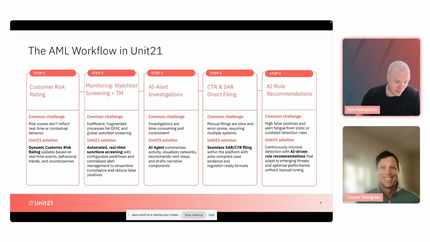about them. So what you will see today is our customer risk rating solution. You will see our watch list screening and transaction monitoring solution. We will showcase how we investigate with AI, so how alerts can be investigated with an AI agent. You will see CTR and SAR direct filing, and at the very, very end, our newest and shiniest feature, AI